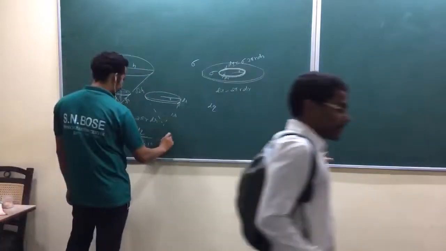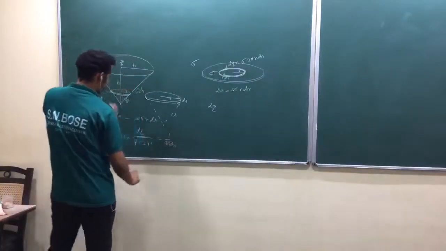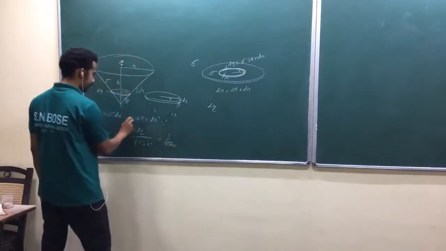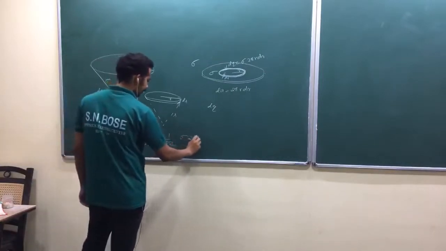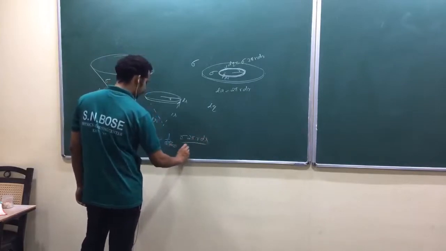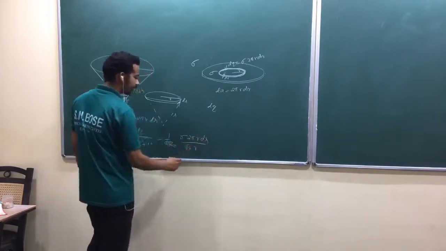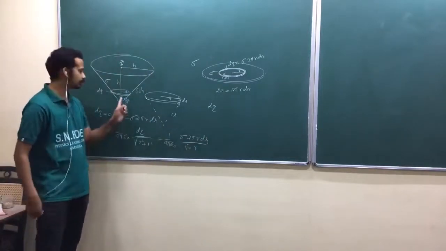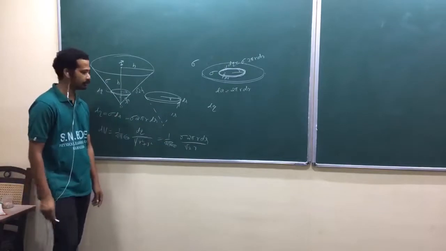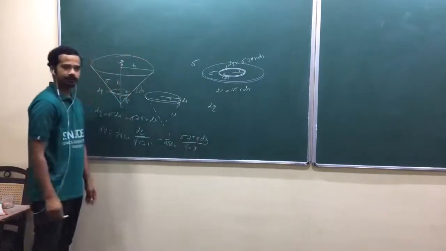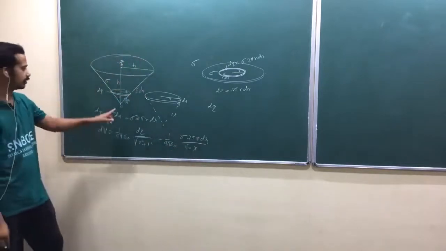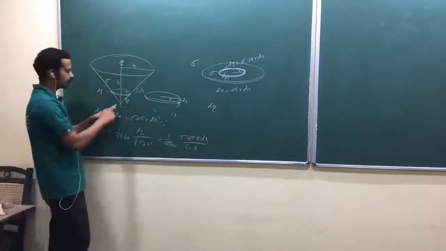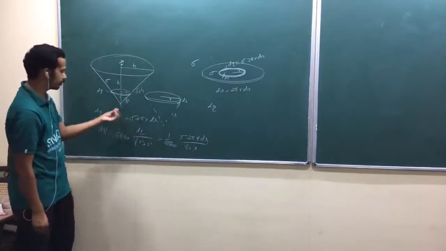Okay. Now look at here, 1 by 4 pi epsilon naught, dq is sigma into 2 pi r into d italic r. Look at here, root 2 r. I was thinking about what to do with r. You got two variables. r is also a variable, italic r is also a variable. Now look at here, it got cancelled. d italic r, run it from, now it is scalar, remember, scalar dr. Run it from 0 to root 2 h. It's over. You got potential at this point.